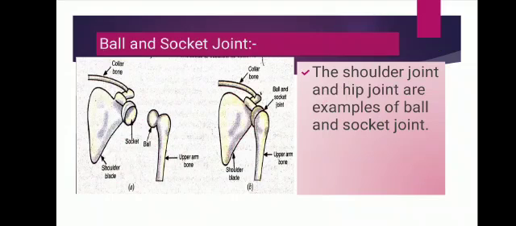This is because the shoulder is a ball and socket joint. See here how it's formed. The head of the upper arm bone is like a ball, and the shoulder blade bone has a socket. Socket means a hollow space in it. At the shoulder, the ball at the top end of the upper arm bone fits into the socket of the shoulder blade. Clear? The ball of the upper arm fits into the socket of the shoulder blade to form a ball and socket joint, and we can rotate it easily.